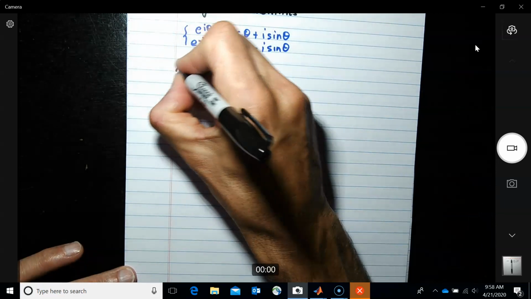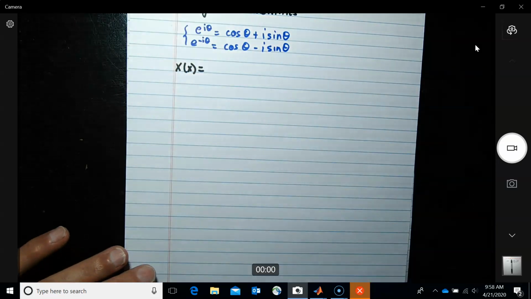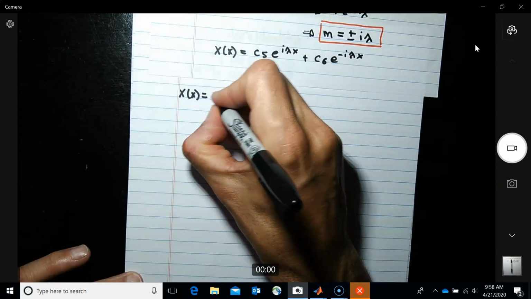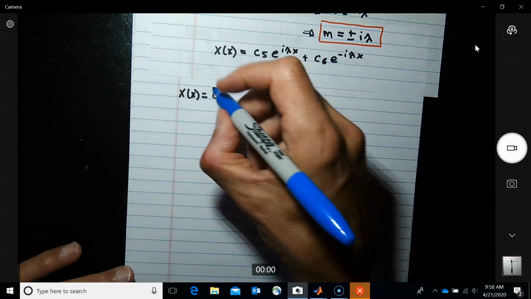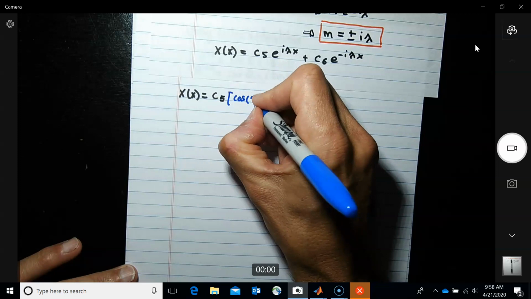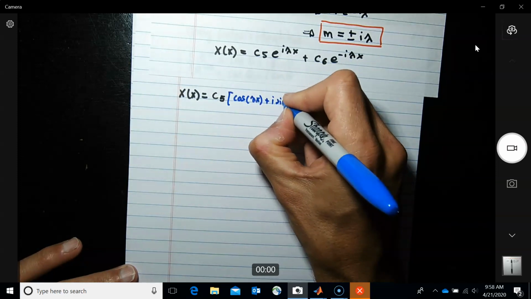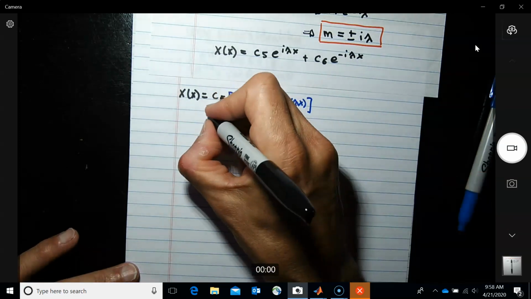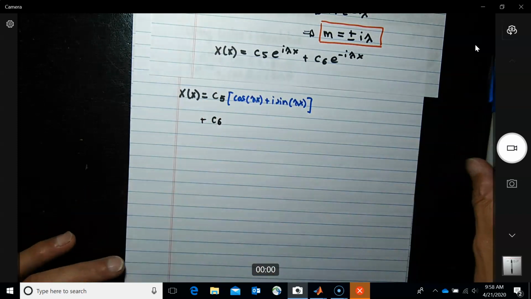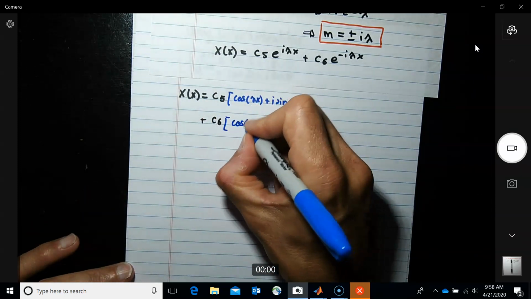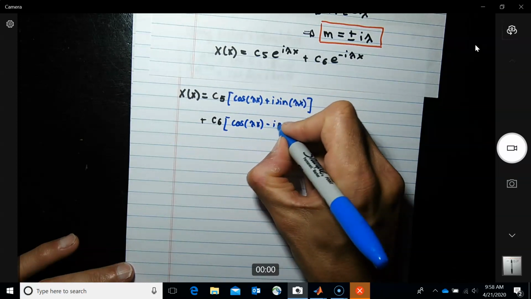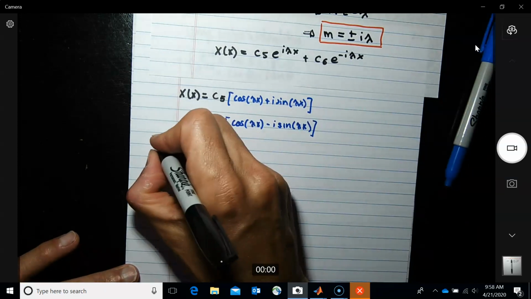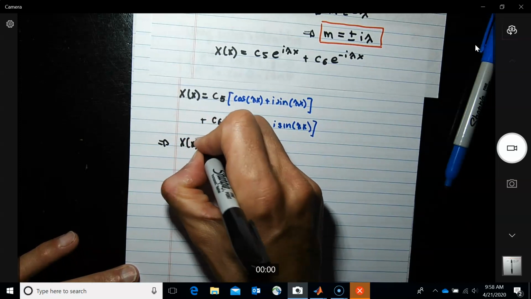We're going to have X of x. So remember, this is our previous solution. So we're going to have C5 of cos lambda x plus i sin lambda x, plus C6 of cos lambda x minus i sin lambda x, which will give you that X of x is equal to